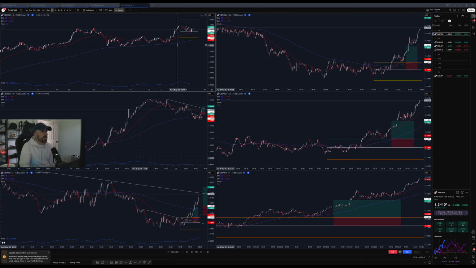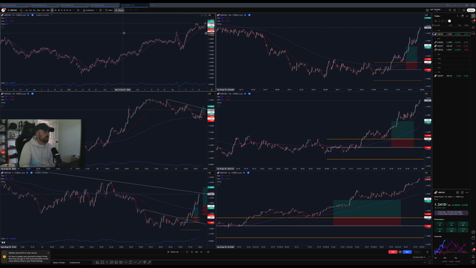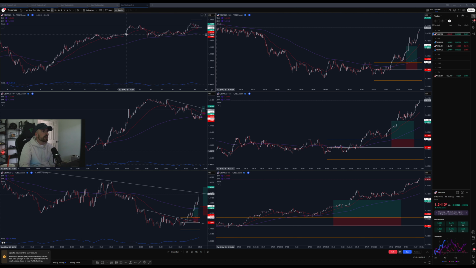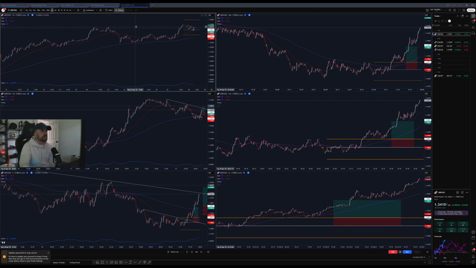Technically I'm looking for a reversal on pound dollar right now. It's hitting recent highs. It's not all time highs, but highs in the past long while. So I'm looking for some kind of retracement here. A nice, decent daily pullback. So I'm currently looking for shorts on pound dollar.